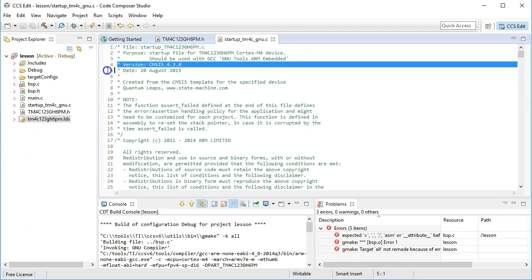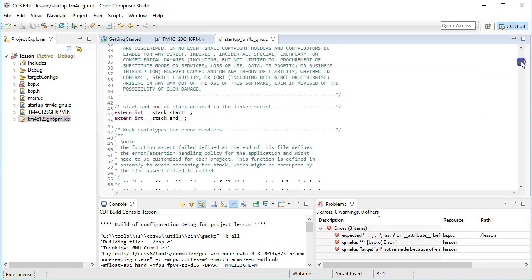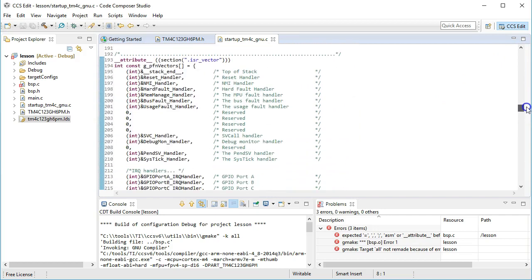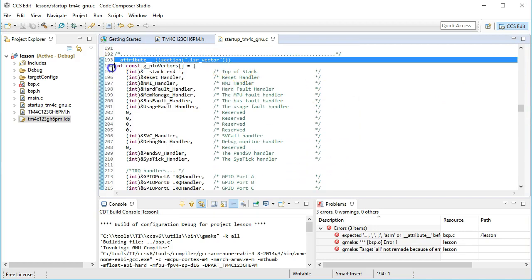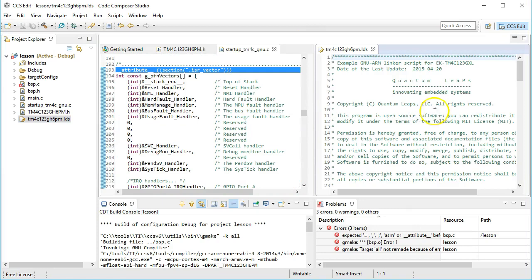Let's quickly review the code so that you know how it works. First, in contrast to the old file, the new GNU-specific startup code is compliant with the latest CMSIS 430. When you scroll down to the vector table, you can see that it has a special attribute section .isr_vector. This is a GNU-specific extension which tells the compiler to place the following symbol, the vector table in this case, in the specified section. To see where this section is, you can open the new GNU linker script,